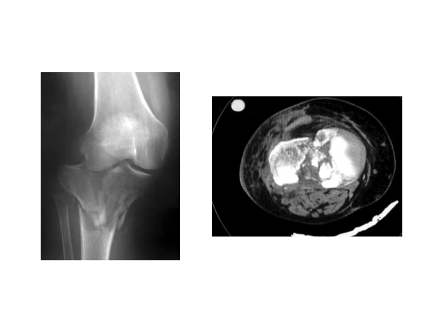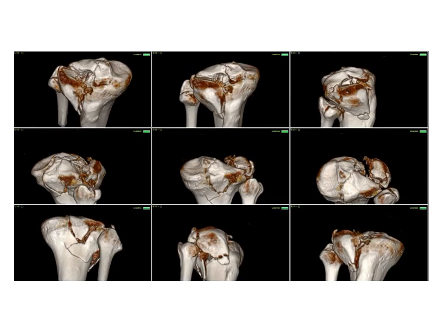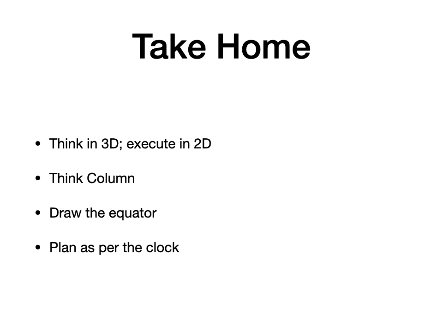As scopists, we are very well versed with the clock position of the knee. So that same concept can be borrowed onto the tibial plateau fracture. Similarly, if you look here, what would this be? If this is 12 o'clock, this is 6 o'clock, so this will lie somewhere between the 9 and 6 o'clock position. So the take home message here is, while we must think in 3D, we have to execute in 2 dimensions, because most of our image intensifier work and our plate and screw positioning have to happen in 2 dimensions.